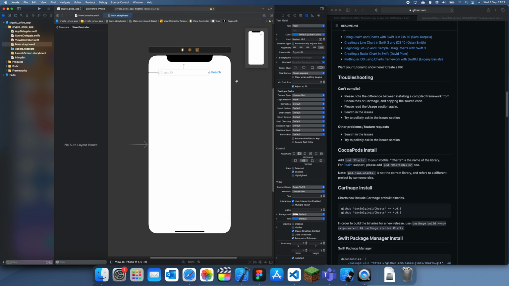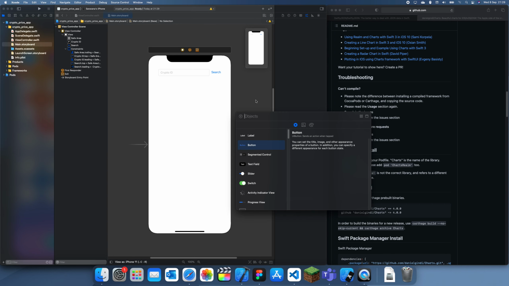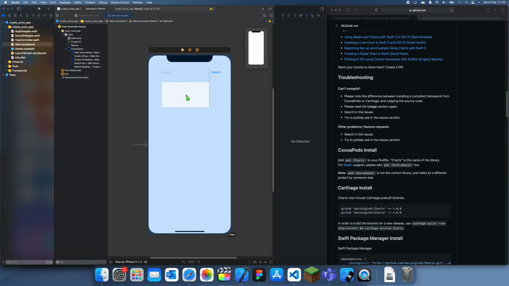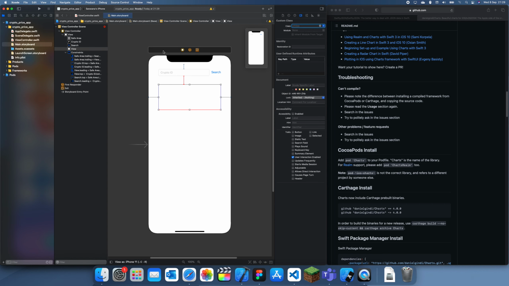So now I built the first thing, we can add in our chart underneath this. So I'll just do that, and that needs to be a view, UI view. And what we can do is I can just give this a constraint of 50 on both sides, and I can also just make it 35 below that maybe, and then I think I also need to give it a height. So what I'll do is I'll leave that after this, so let me leave that. And I also need to change the class, so let me change this to line chart